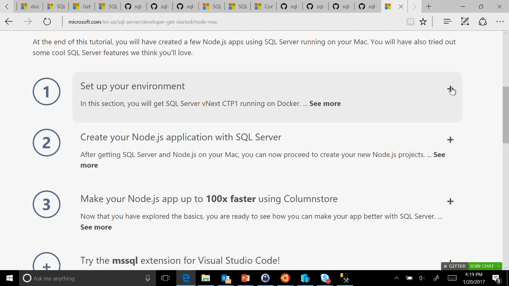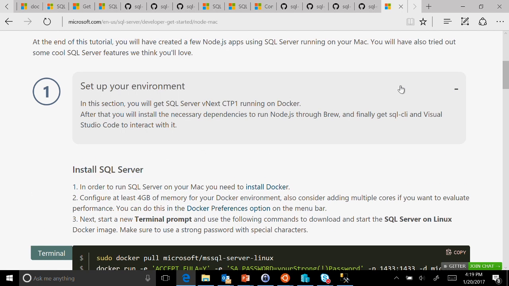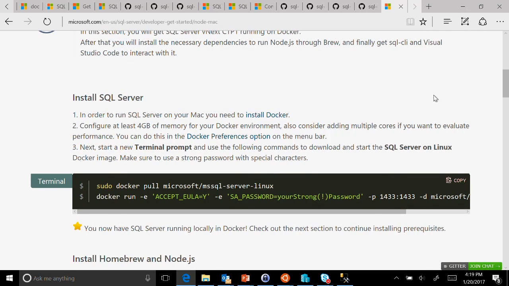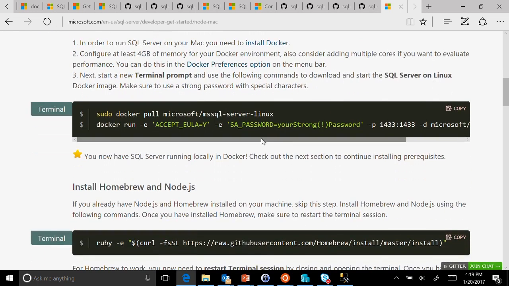So the first step is, I want to write some JavaScript on a Mac to connect to SQL Server. Well, what do you need? First thing, you need SQL Server on the Mac. If you want to know how to install SQL Server on any platform, this is a pretty good place to come. To install SQL Server on a Mac, we recommend that you use Docker images.